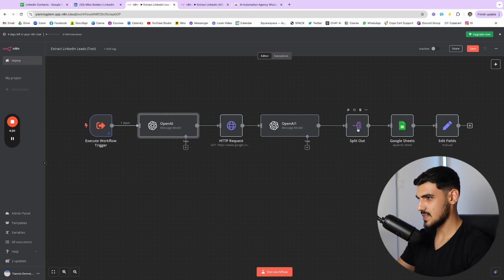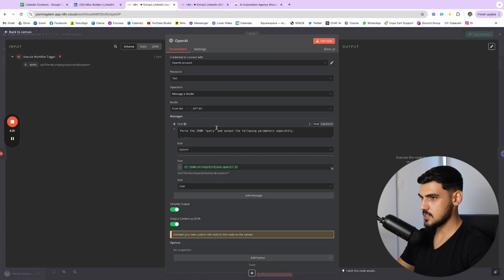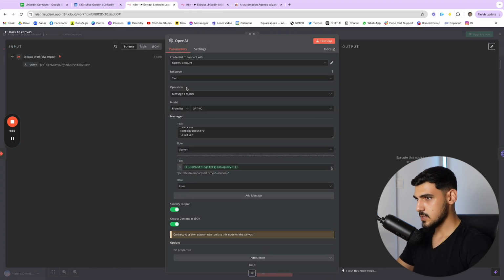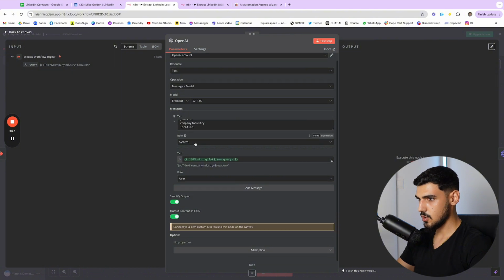You can also use this node right here, the split out node, which can also parse the data for you. That way you're not going to be paying for OpenAI tokens, which is a more efficient way. But I just did it like this because it was easier for me. So you can see resource text, operation, message, and model, and then role system. And what I did here is I just grabbed this query and pasted it here so it knows which